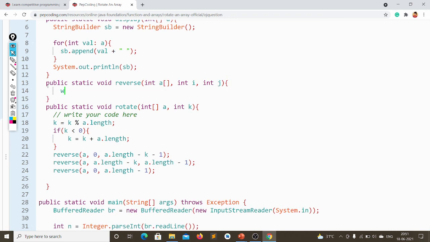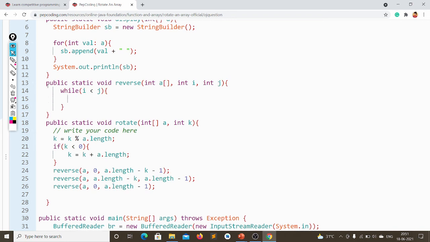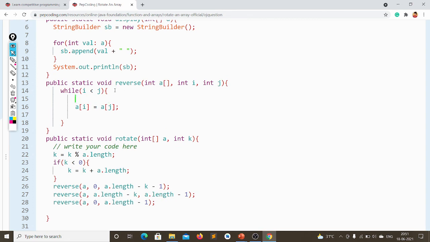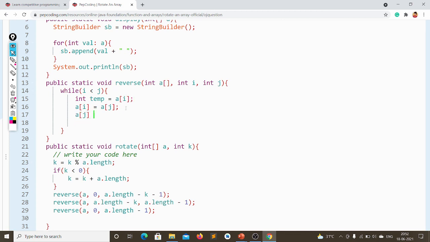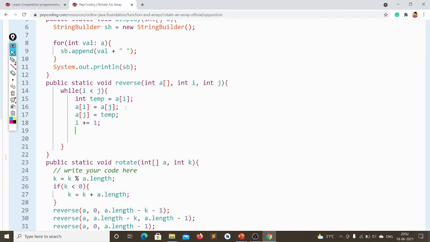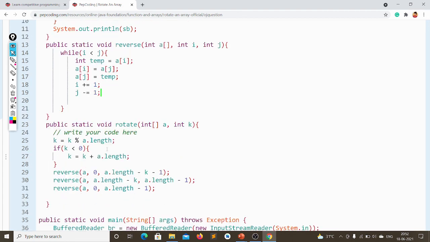While i is less than j, let's take int temp is equal to a of i, a of i is equal to a of j, and a of j is equal to temp, and now i plus plus and j minus minus.